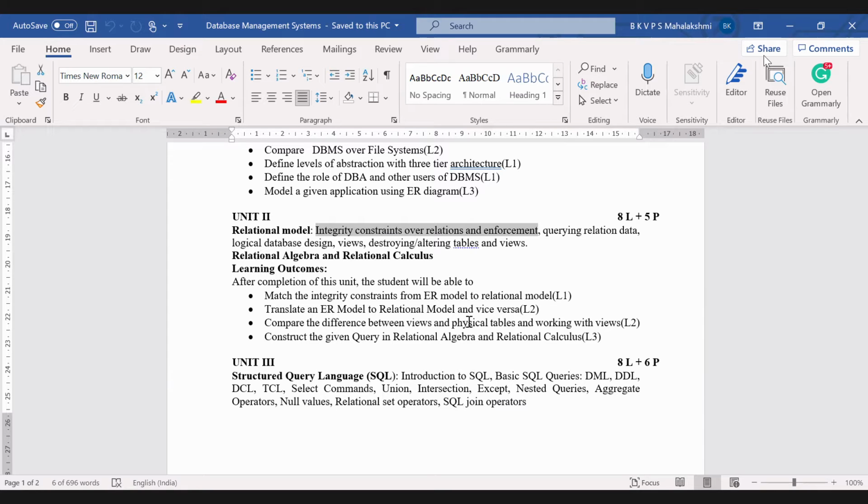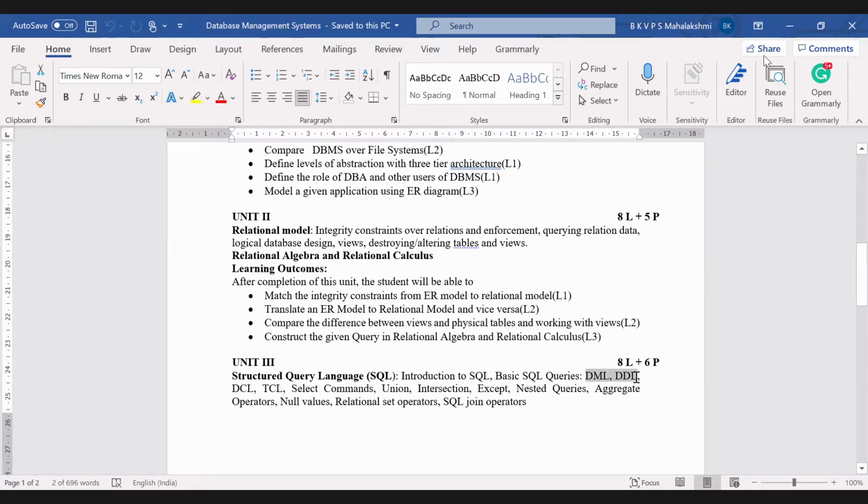Even though I just told you about the integrity constraints theoretically, you can understand, but you cannot work with these integrity constraints. So before directly applying the integrity constraints over relations, there are some basics. Those are called DDL and DML. Okay, SQL queries.